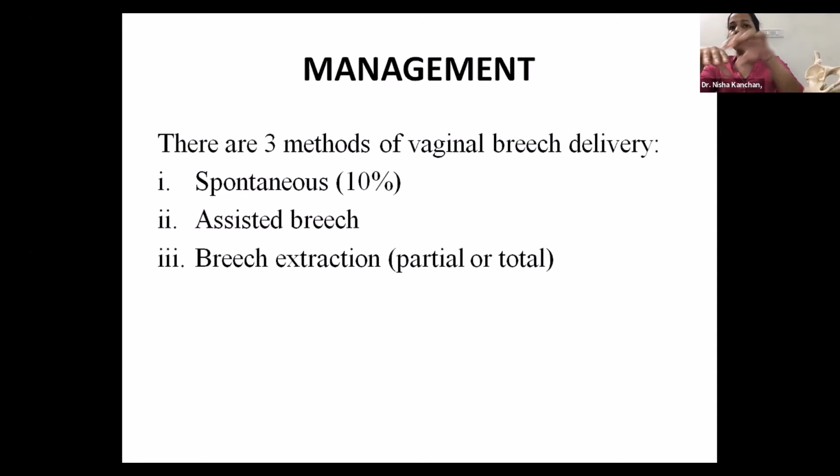Very rarely it happens. So what is being followed is assisted breech. Assisted breech is hands off till you see the umbilicus of the baby. So till you see the umbilicus of the baby, you do not touch the baby. The baby just climbs out of the perineum and the umbilicus is seen. After that, you pull out the umbilical cord and keep it to one side so that it doesn't get compressed. Then you help in delivery of the shoulders and the head. So this is what should be followed for every breech.